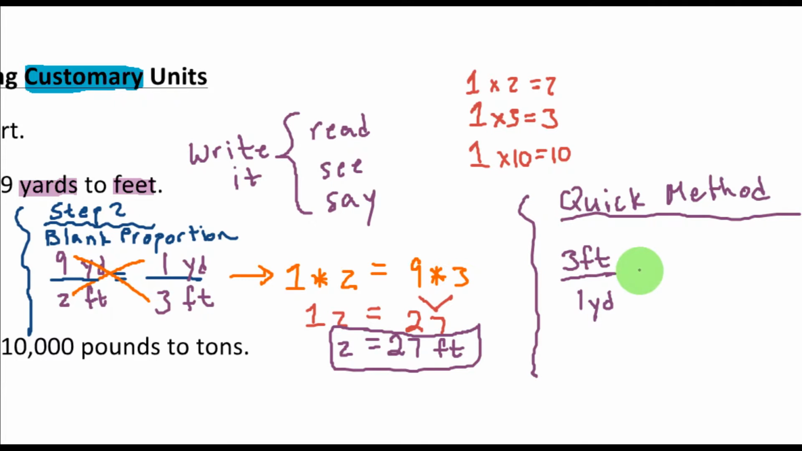And then our next step, what we want to do is multiply by the units or value that's given to us in the problem. So we have 9 yards that's given to us. And let's talk about how I knew I needed to multiply in this problem. The trick here is you'll just have to memorize this if you're going to use the quick method. Since we have the